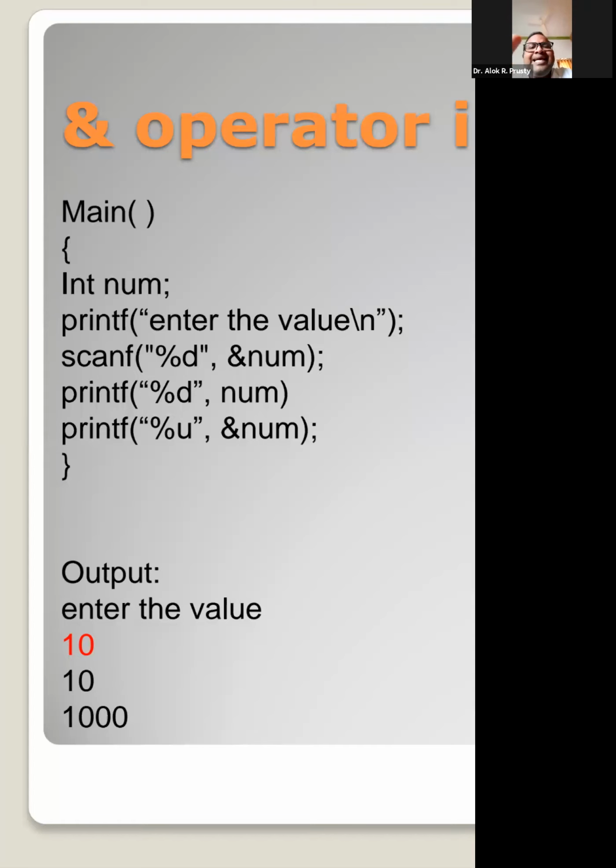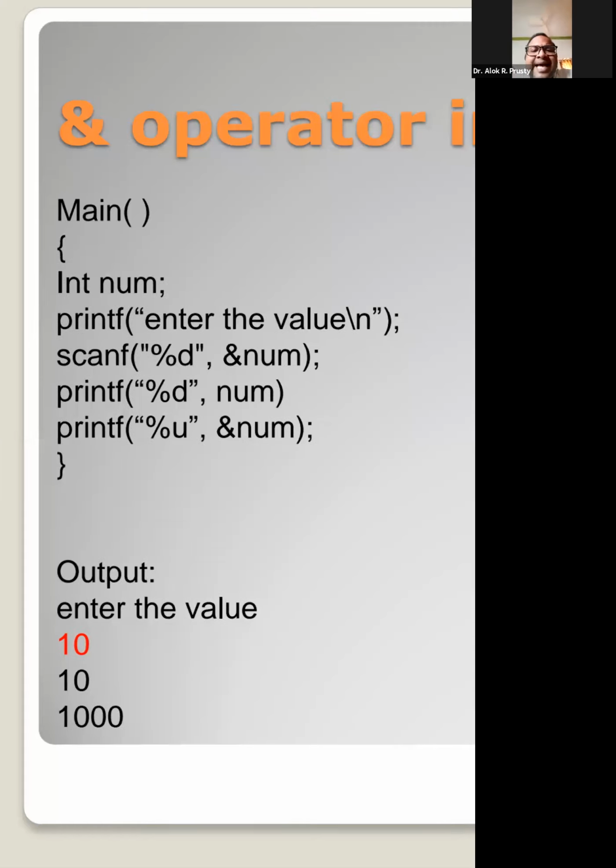Then printf, enter the values. Now I am writing scanf %d. The %d is the format specifier for the integer, comma, then the ampersand operator, then num.